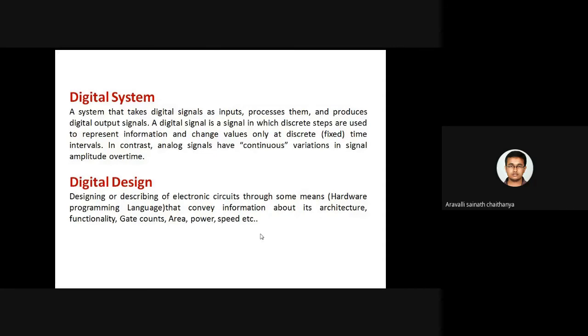For example, if you are designing a processor, you are going to create a digital design of that processor. This hardware description language will convey its internal modules, like whether it has an arithmetic logical unit, a memory unit, a controller unit, a timer unit, different blocks, serial communication ports, input output ports, all these things. Your hardware description language will convey all the information, like what its architecture is and what its functionality is. Like for example, take a full adder. What is the functionality of a full adder?